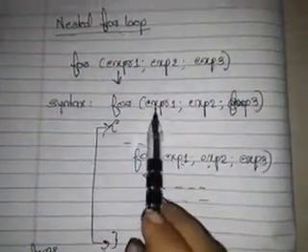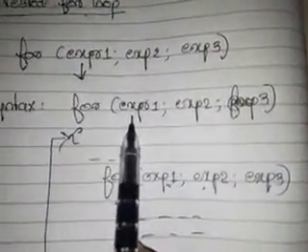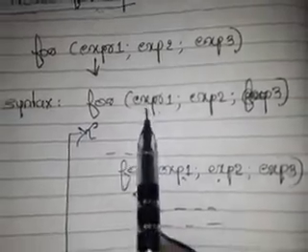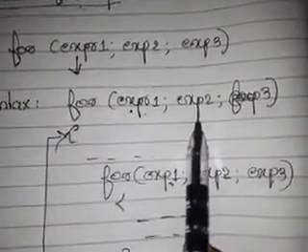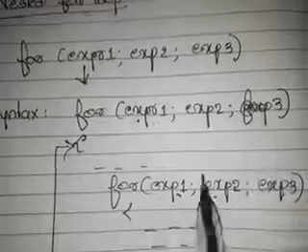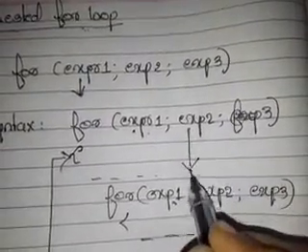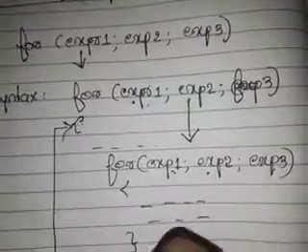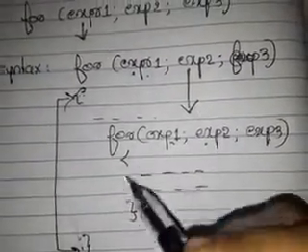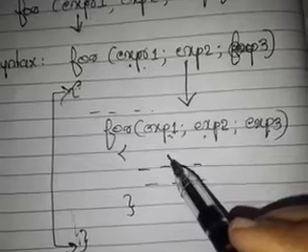So let me first explain how this syntax exactly works. See, initialization always takes place for the outer for loop. Based on that initialization, the conditional expression will be checked. We know that if it becomes true, it will come inside, in the sense, the body of the for loop executes. So what is there inside the body of the for loop? Another for loop is there.